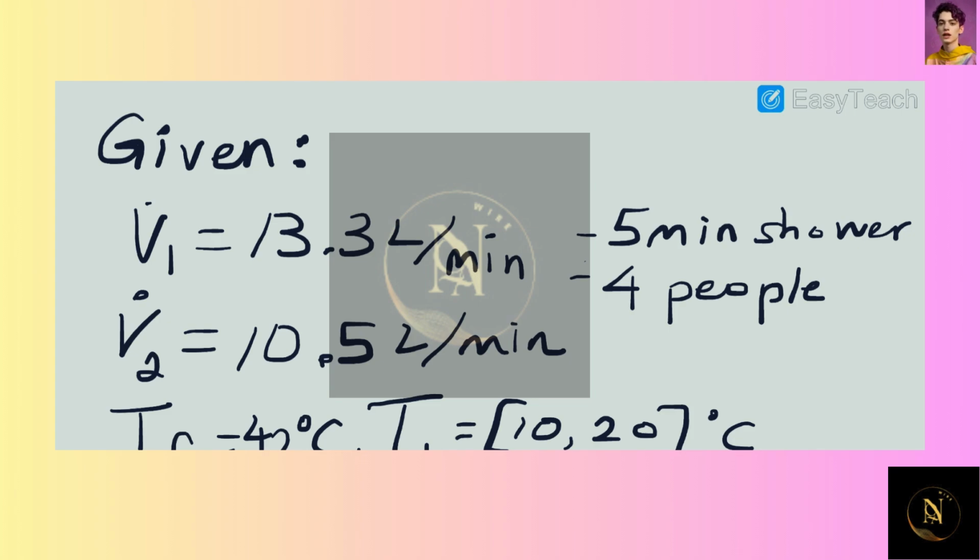Hi everyone, so what we have is a shower head that has a volume flow rate of 13.3 liters per minute, and there's a new shower head that only uses 10.5 liters per minute of water. So what we're assuming is that each person takes a 5-minute shower, and then there are 4 people in this